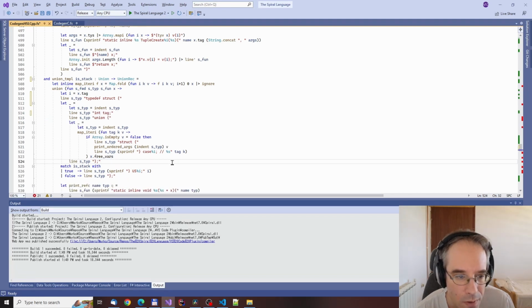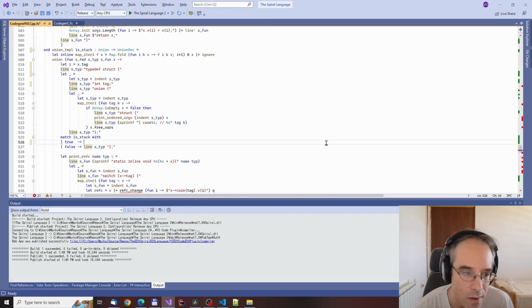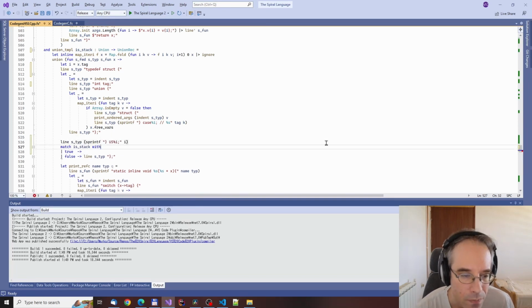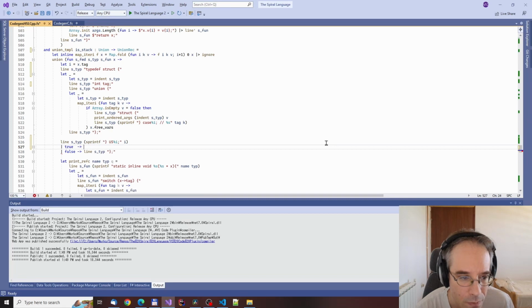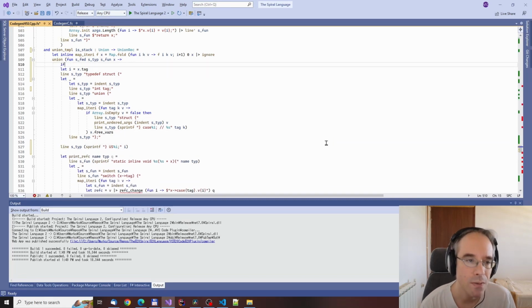They don't need the ref counting thing. Here are the cases. We'll factor out the is stack. If x is stack,